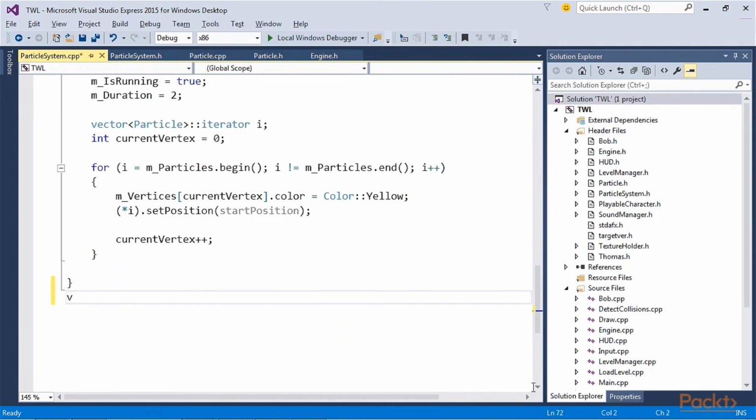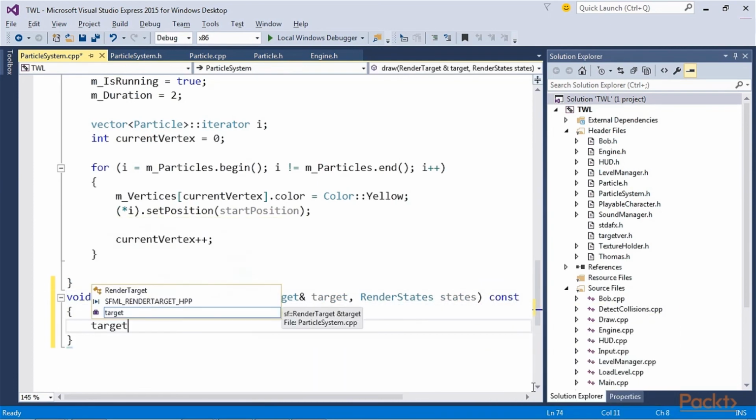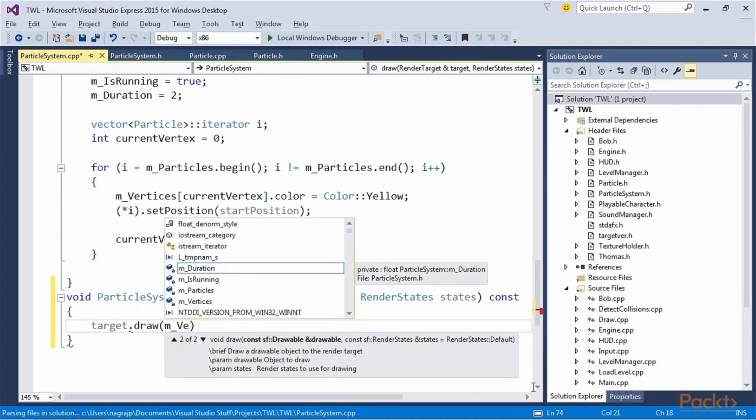Now, add the pure virtual draw function definition. I'm writing the code you'll need to add. In this code, we simply use target to call draw, passing in m_vertices and states.